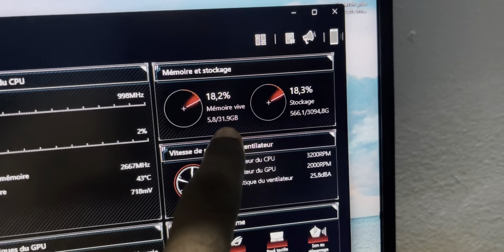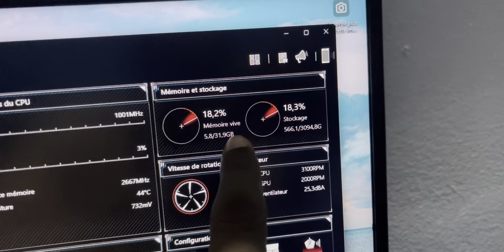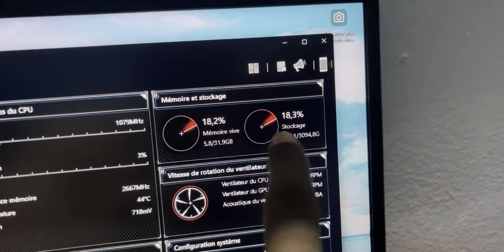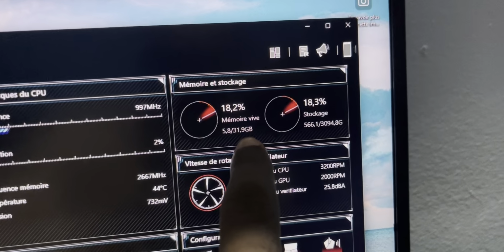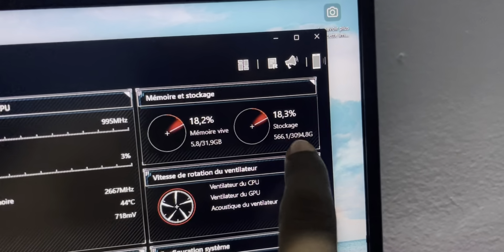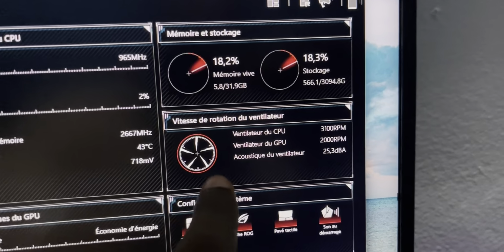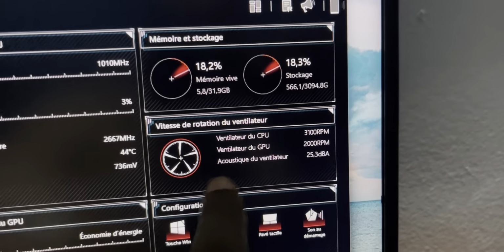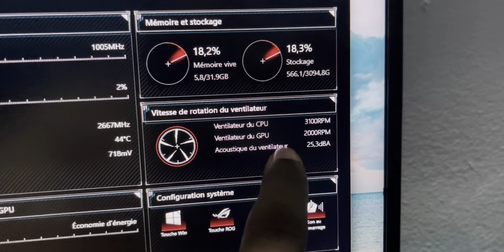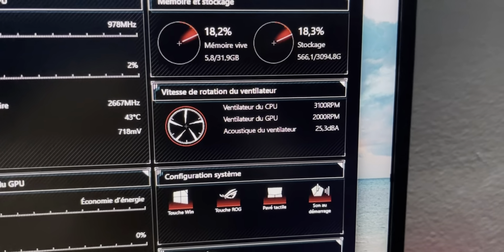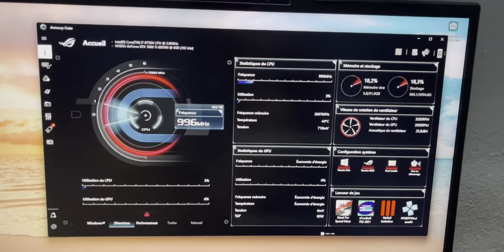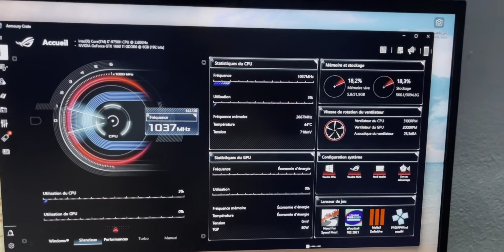I have 32 gigabytes. Okay, and more storage here, more than 3 terabytes. And this is your fan information. Can you see this? Wow, this is cool. You can also